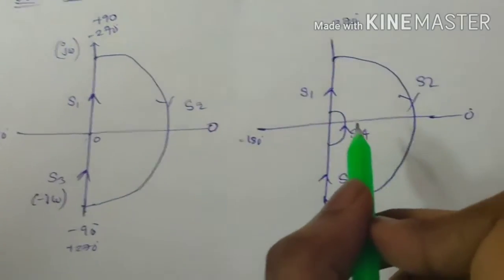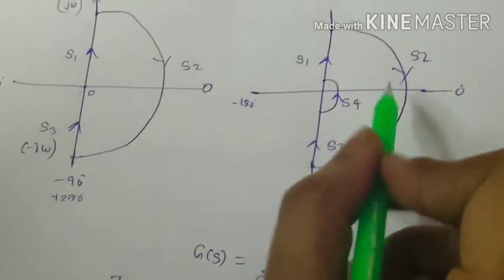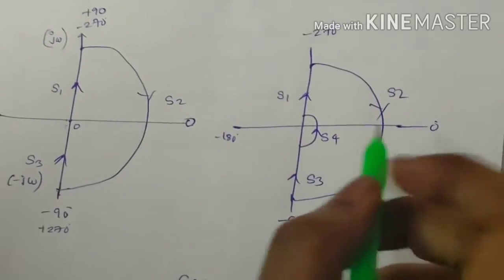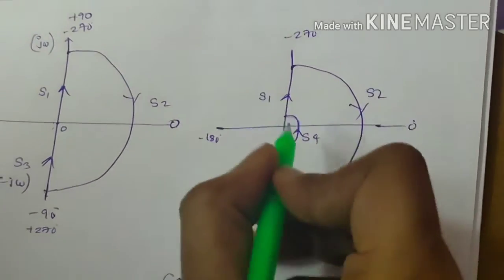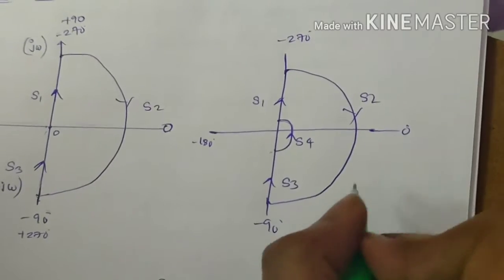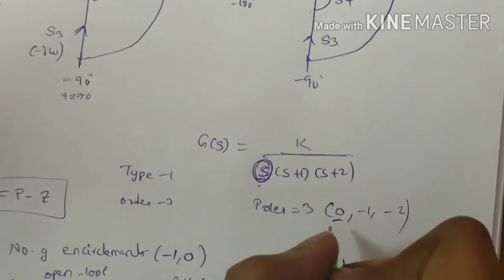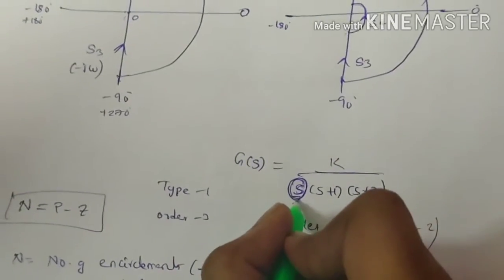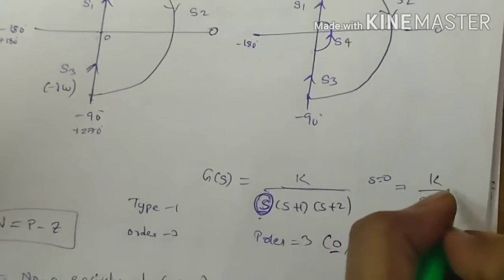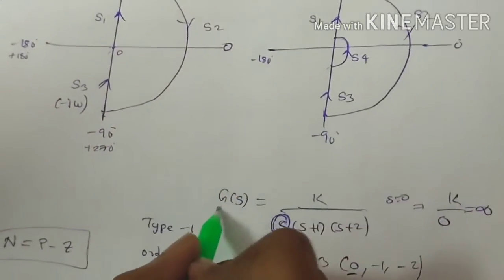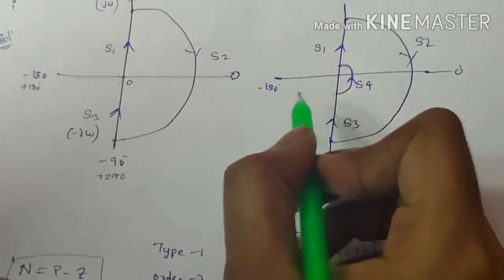Here also it is the same. But here, if you observe, we have S4. What does this S4 mean? In this transfer function, we have a pole at origin. Whenever you have poles at origin, you have to consider the value of S4 also. Why? Because whenever you have a pole at origin, suppose you look here, we have one pole at origin, that is S equal to 0. Whenever you substitute S equal to 0 in this, the value becomes K by 0, which is going to be infinite. So the open loop transfer function value is going to infinity. Infinite means the system is becoming unstable.